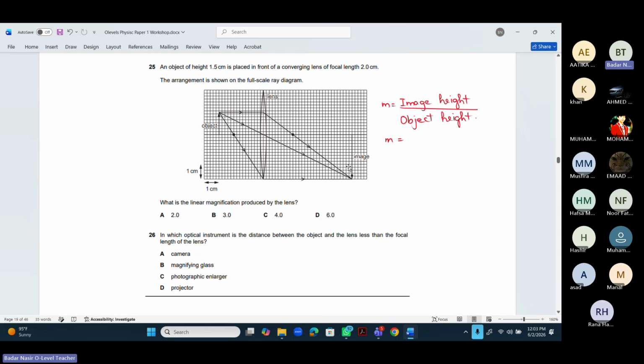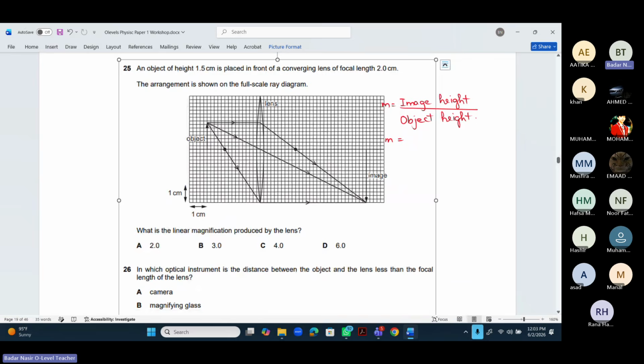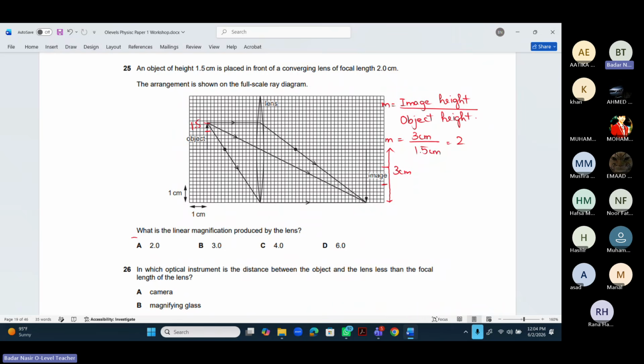अब उसने आपको ये बता दिया है कि ये 1 सेंटीमीटर का है. सो अब हम काउंट कर लेते हैं. 2 4 5, 2 4 5. सो ये 3 सेंटीमीटर है इमेज की हाइट, ठीक है. और ऑब्जेक्ट की हाइट 2 4 5, 1, 1.2, 1.4, 1.5। So ये यहाँ तक 1.5 सेंटीमीटर है, तो मैग्निफिकेशन फैक्टर विल बी 2। तो ये 25th का करेक्ट आंसर इज A।